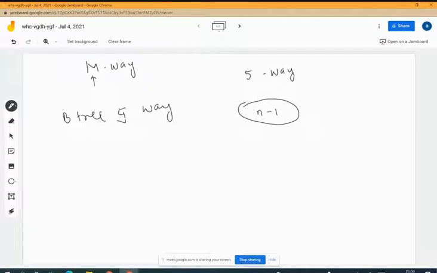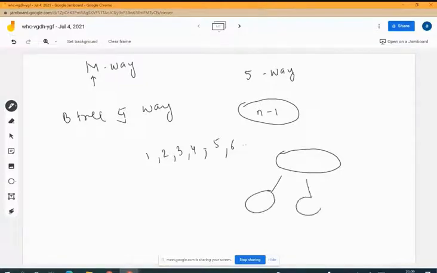For example, if I have values 1, 2, 3, 4, 5, 6, and so on, the maximum number that can be placed in a particular node is n minus 1. That is, only 4 values can go at this point, and the remaining values can go at this point and so on.